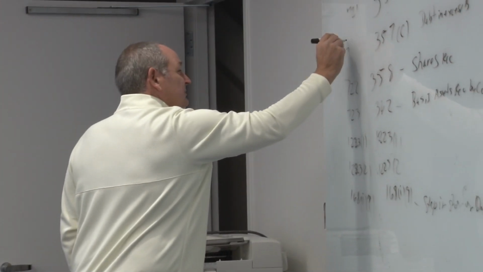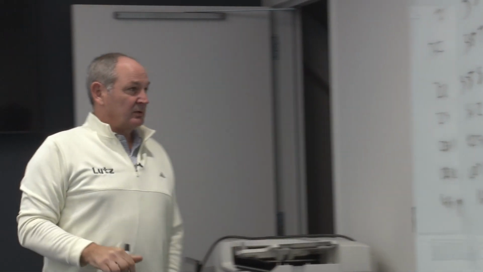Okay, so the 752 piece of this. For lack of a better description, and this is not entirely right, I'm not sure this is a good correlation, but 752 and 357C are loosely correlated. I mean, 357C is a measurement of debt in excess of basis. Do I have a gain on the asset when we put it in? Yes or no? Everybody understands debt in excess of basis.